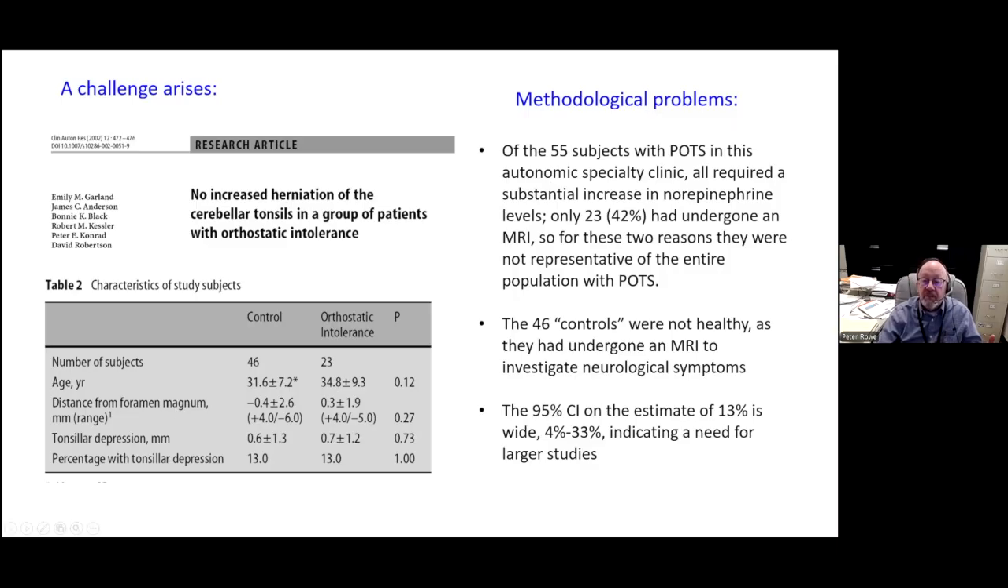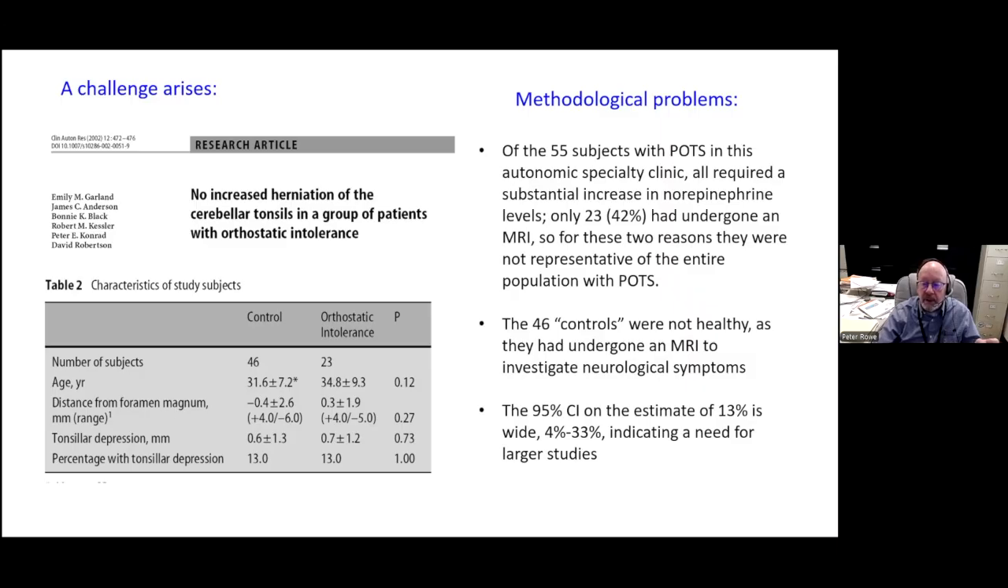total of 55 people with POTS in this very specialized autonomic clinic, all of whom needed a substantial increase in norepinephrine levels. So they were not characteristic of everyone with POTS, and only 42% had undergone an MRI. So for those two reasons, these guys were not representative of the entire population of POTS outside of this autonomic clinic. And the 46 controls weren't really healthy controls because somebody had thought they needed an MRI to investigate their neurologic symptoms. And then just a little bit of